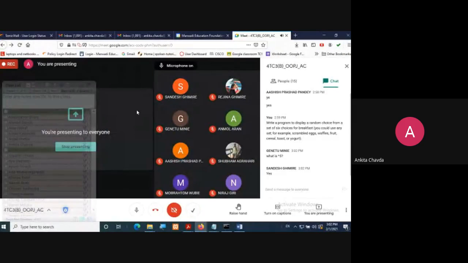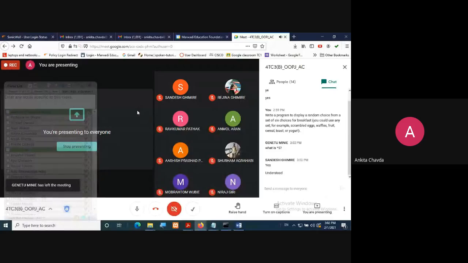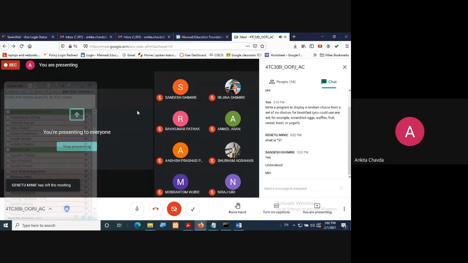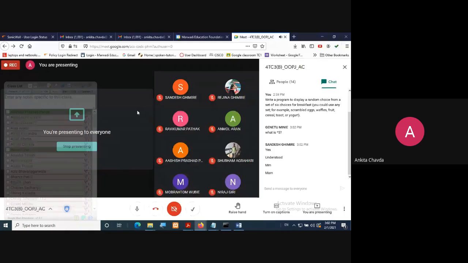Yes, Sandesh, I have already explained why you are writing this. Why is it multiplied with 5? What I'm saying is, you have to give the range. Otherwise, it will randomly generate a number between 0.0 and 1.0. In between that only, it will generate the numbers, so it may be 0.00246, something like that. So you have to give that I need the numbers between 0 and 5. So it will randomly generate any of the numbers, but within the range of 0 to 5. That is why. I hope this is clear.